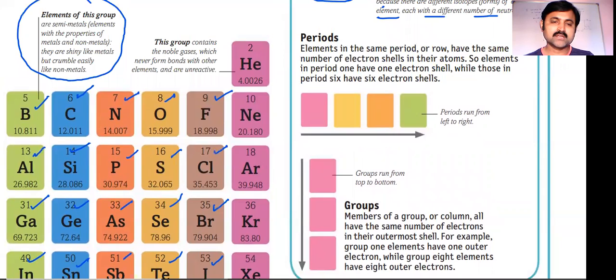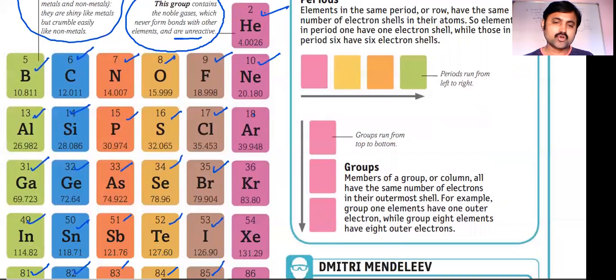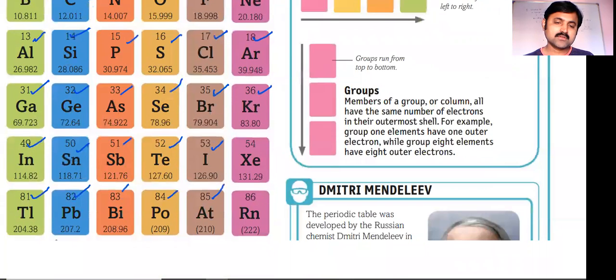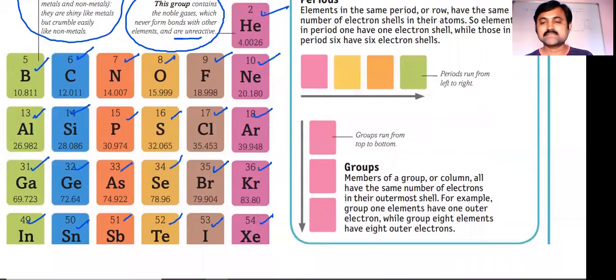Then the vertical column of noble gases, that means this group, contains gases like helium and its successors. They are called noble gases, which never form bonds with other elements and are unreactive. So noble gases have their own separate chemistry, that is inert element chemistry. In that, we have first helium, next neon, next argon, next krypton, xenon, radon. So these are the noble gases we observed.